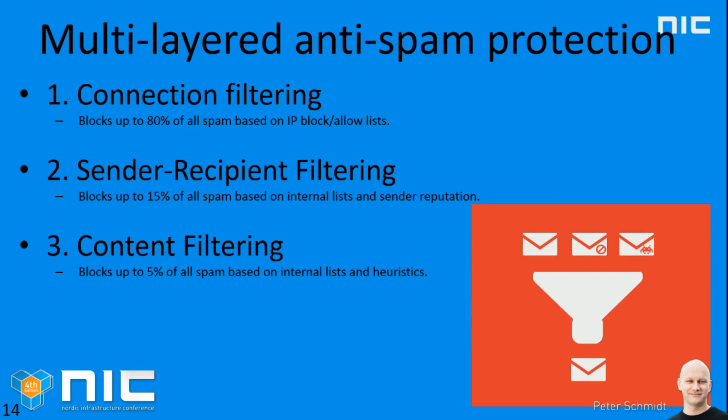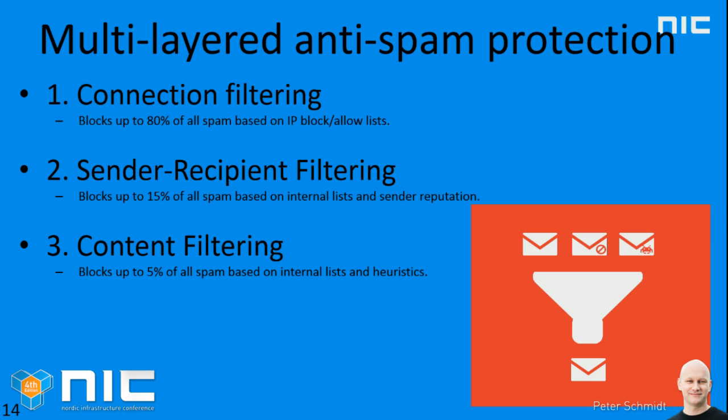To have a look at the multi-layered anti-spam engines in EUP. It's a bit like shown in one of the past slides, where we have the different levels that the mails is routed through. When we look at the first ones with the connection, this is actually the point where we look at the sources that mails come from. And actually 80% of all mails is actually filtered off here, if it's potential spam.